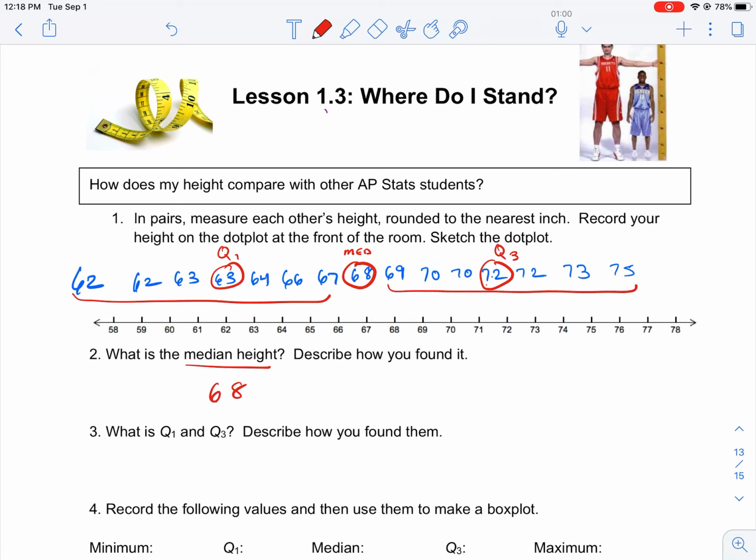What if you had an even number of data values? Well, if the median is one of the values, meaning our median was one of the values, it was 68. If we had an even number of values, you'd take the middle two that you came to and find the average of those, the mean of those. So if it's one of the values, that would mean an odd number, we do not include